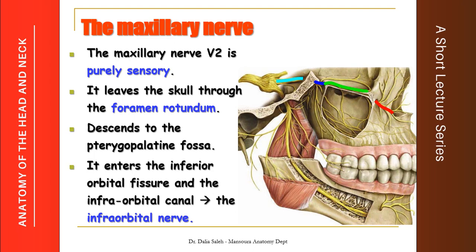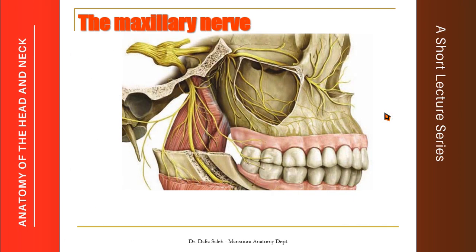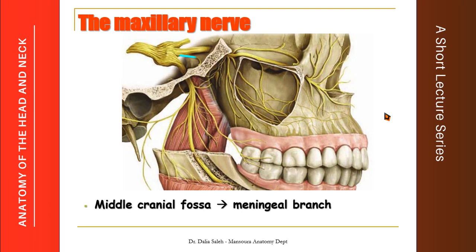So basically we can divide the course of the maxillary nerve into four parts. First, it passes in the middle cranial fossa, and then it appears in the tracheopalatine fossa, and then in the orbit in the infraorbital canal, and then it appears in the face as infraorbital nerve, which is the terminal branch of the maxillary nerve. In the middle cranial fossa, the maxillary nerve gives meningeal branch to the meninges of the middle cranial fossa,